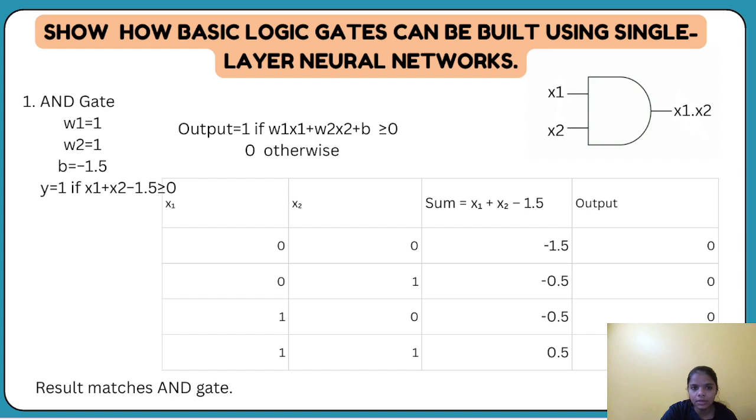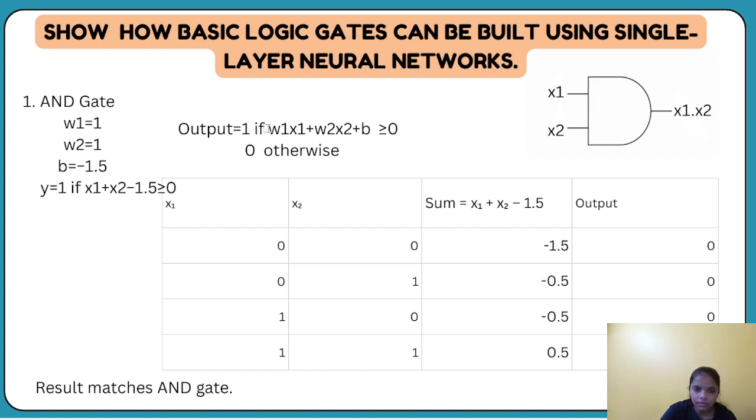In this video, we will cover how logic gates can be built using a single layer neural network. First of all, we will perform the operation on the AND gate, OR gate, NOT gate and NAND gate. To perform it, first we require our sigmoid function. Our sigmoid function is 1 upon 1 plus e raised to power minus z, where to calculate the z,